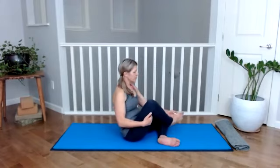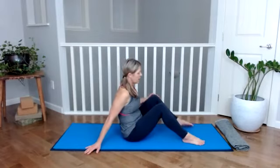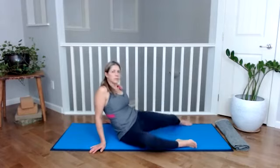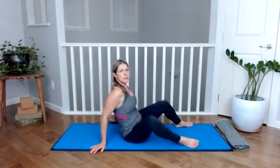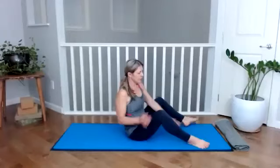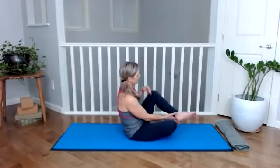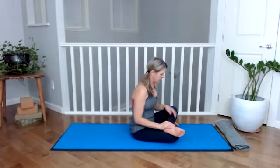And crossing. Taking both feet in front. Take your hands behind and windshield wiper knees side to side. Come to the front. And then this time, square pose would be right ankle underneath of the left knee. So right leg is over top, left ankle on top of the right knee,